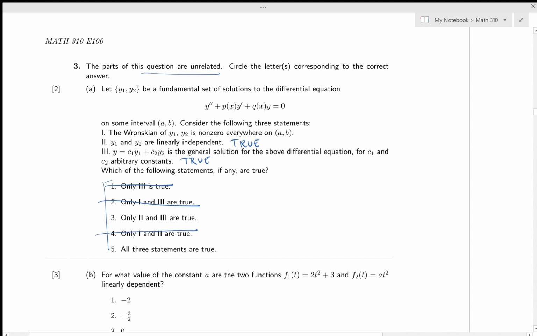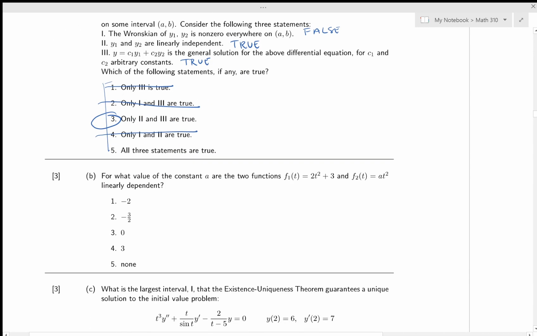So I'm down to two choices, and that's going to be based upon whether 1 is true or 1 is false. Okay, the Wronskian is non-zero everywhere. No, that is false. That is maybe a little bit trickier to see. The Wronskian is either going to be 0 everywhere on the interval, or it's going to be some number everywhere on the interval. So that statement is false. So that means the correct answer here is 3. Okay,